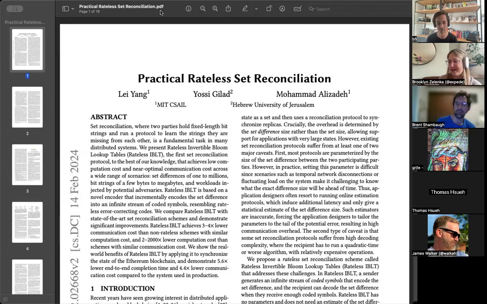And when I first read it, I think Philip Kruger dropped it into the Vision Discord. It just blew my mind. It's this really nice confluence of factors. And I know a bunch of us on this call have looked at synchronization mechanisms and set reconciliation and invertible Bloom filters and all of this stuff before, but it didn't really gel. And this seems to have a really nice set of factors. Again, there are some drawbacks to this technique, but